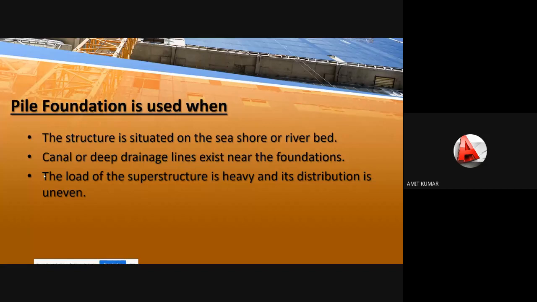So here is the condition: the structure is situated on the seashore or river bed or at the shore lines, or if we are going to create a bridge, in that condition we have to use the pile foundation. In the pile foundation, the second one was the caisson foundation. So this foundation will be used if we are creating a bridge.